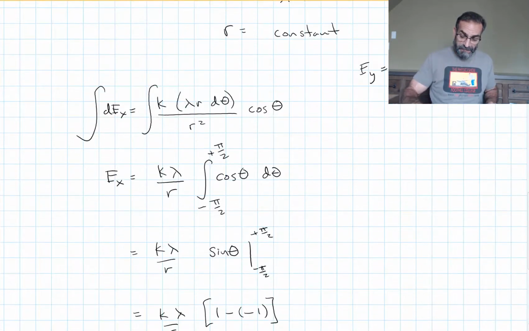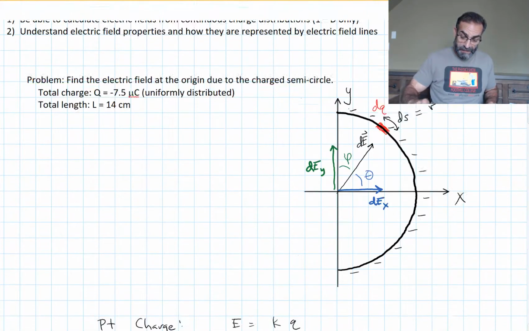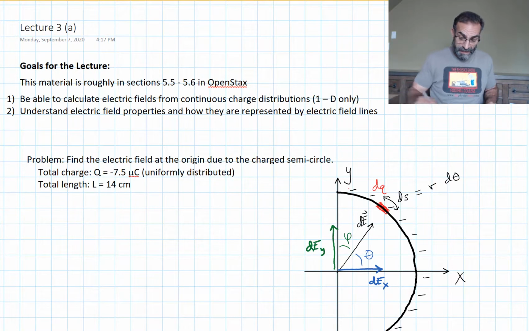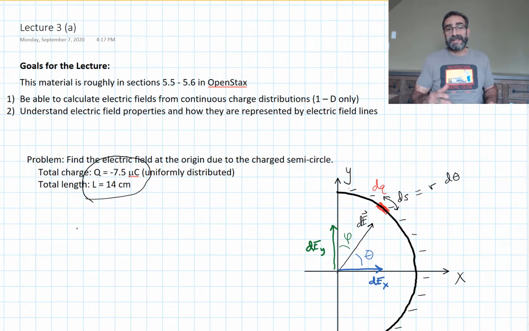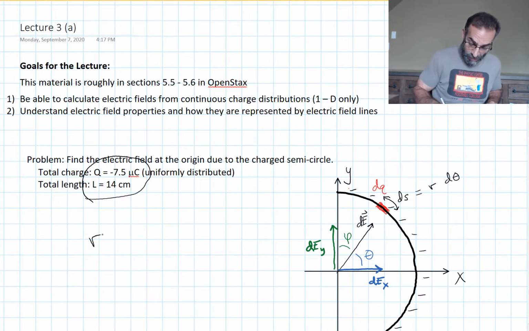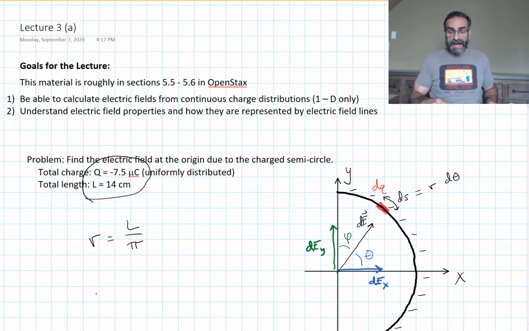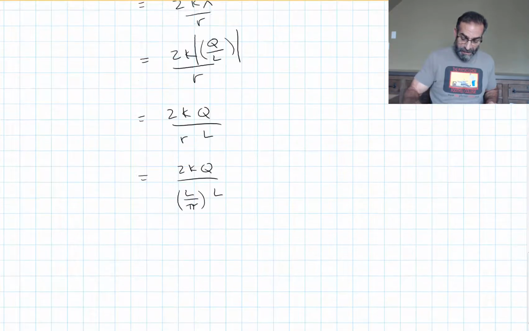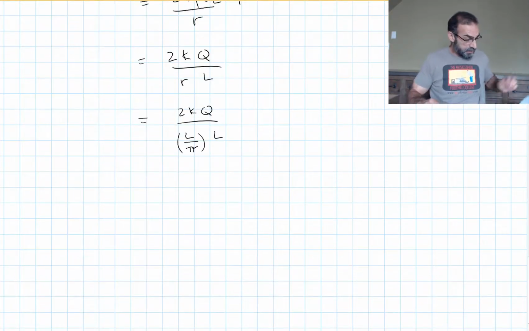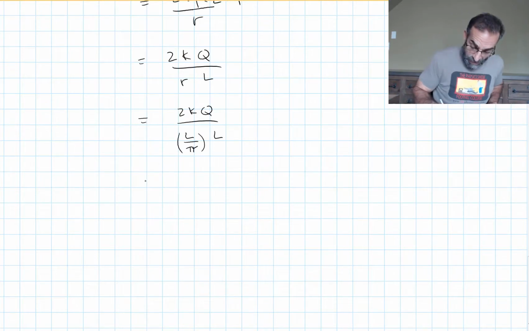So in this case, R is not given, but L is. L is given and Q is given. And we know we can write R as L over pi because it's half of a circle. So we can come down here and we can plug in some numbers and we get